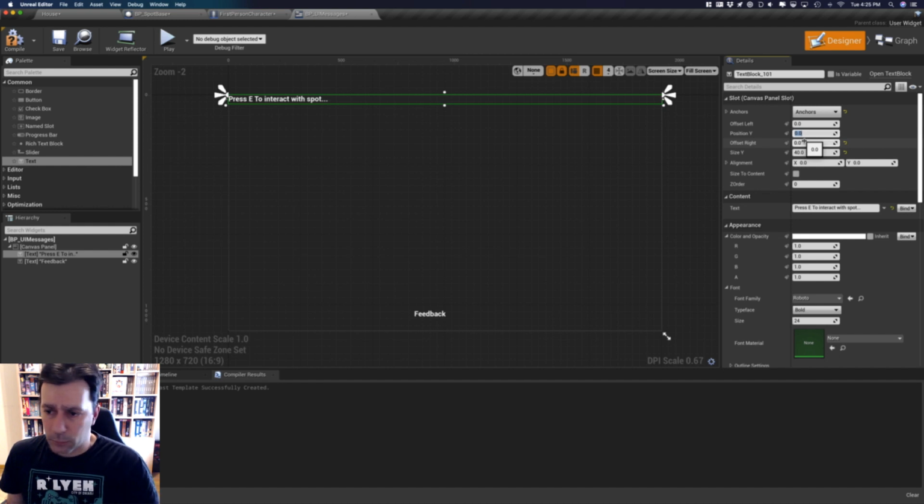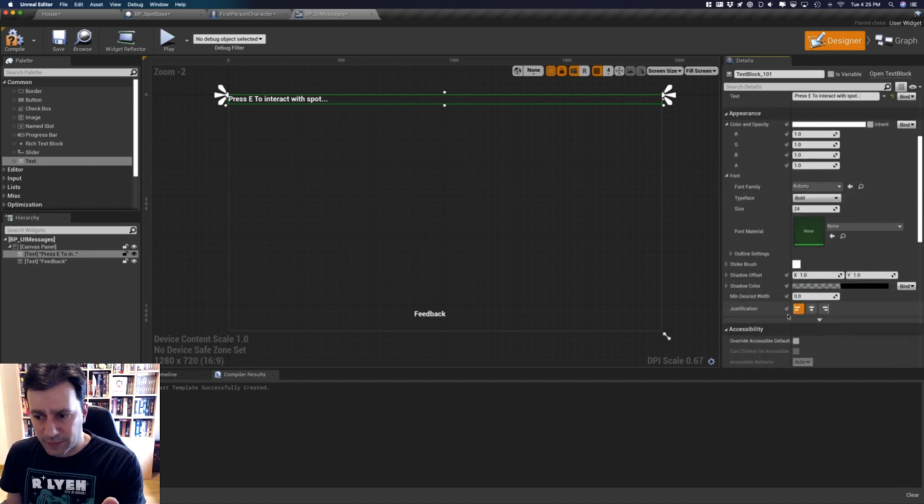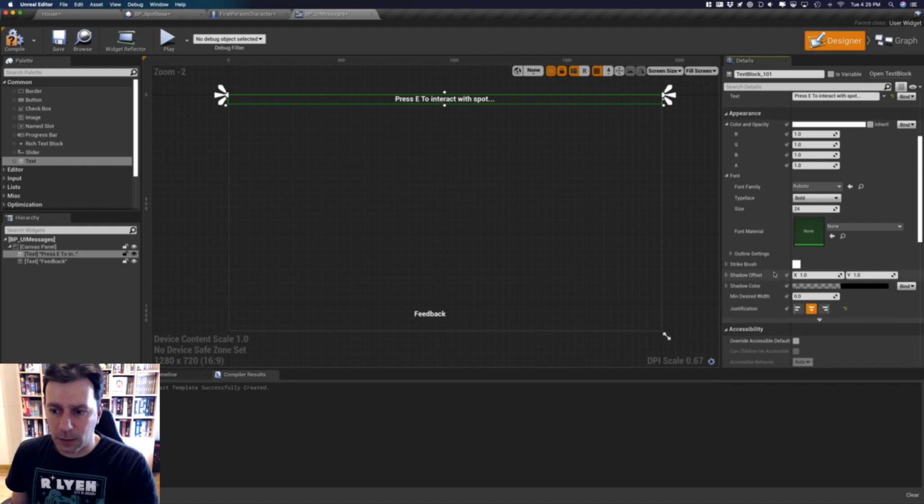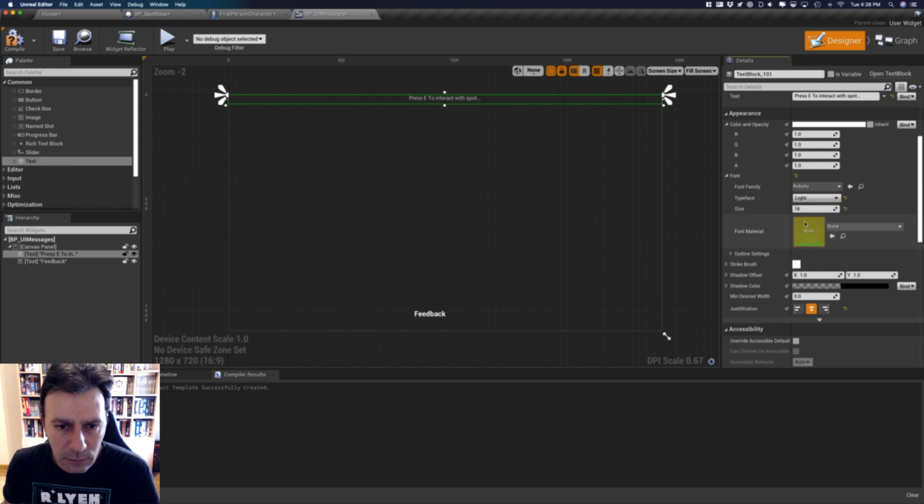Position 0 and size 40, it's fine. I'm going to center the text a little bit with center justification, and I want this to be a more subtle message, so I'm going to use the regular typeface, 18, maybe light. I like that. Okay,